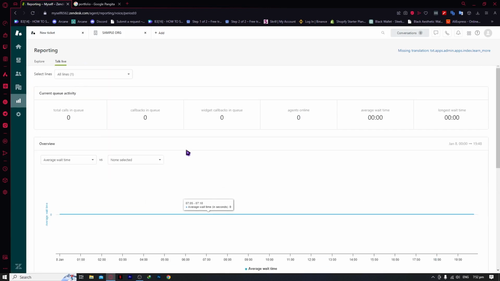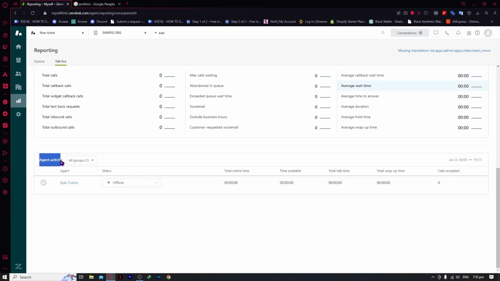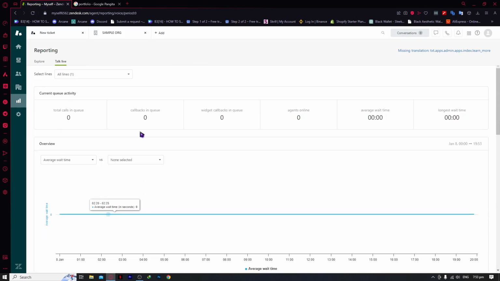So here you can see the stats just like I have said right here, and you can see here the agent activity. So you would know that agent activities right here, and you can see your queue right here on the calls that you have right here. So if you remember when you were creating your account right here on Zendesk, you were asked by Zendesk on what is your primary way of contacting your customers. So if you have selected calls by calling your customers, then that is a really good one. Then you can just see it right here. But in my case, I have selected the email, so I will be reaching out to them via email right here, and I can see their info right here in